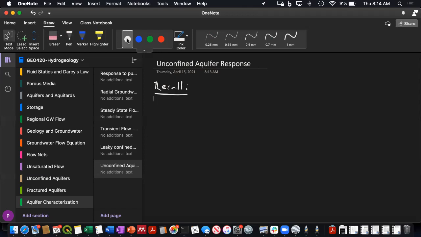Well, close. It's very close to that. When we pull the head down, we actually still compress the unit, but we're draining pore space. And in a confined aquifer, by definition, we're not draining pore space. So a fundamental thing is that the storage